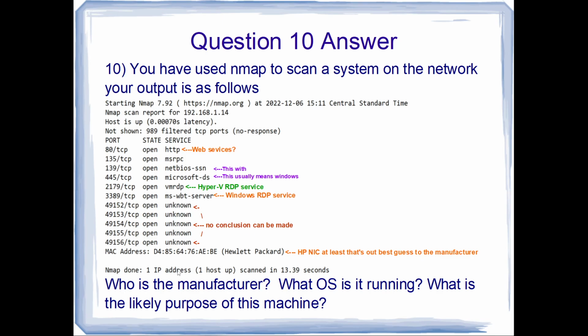We can say that according to the MAC address, this piece of equipment is made by Hewlett Packard. Now the NIC is an HP card. The computer may not be an HP product, but this is our best guess right now. For these other ports, no conclusion can really be made. There's nothing registered to run on these ports by default.